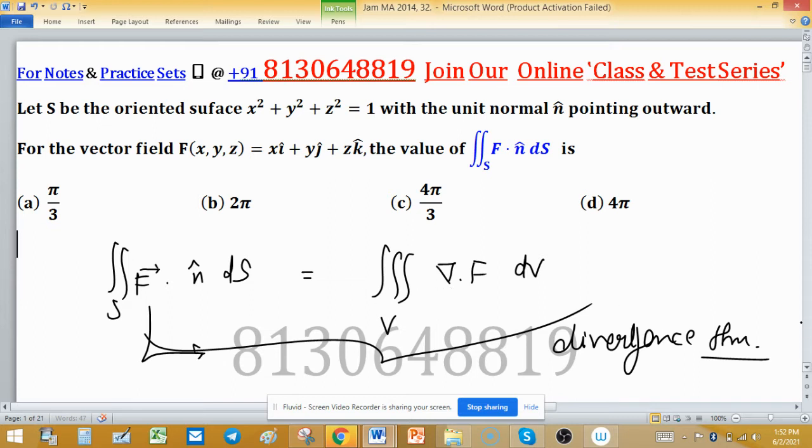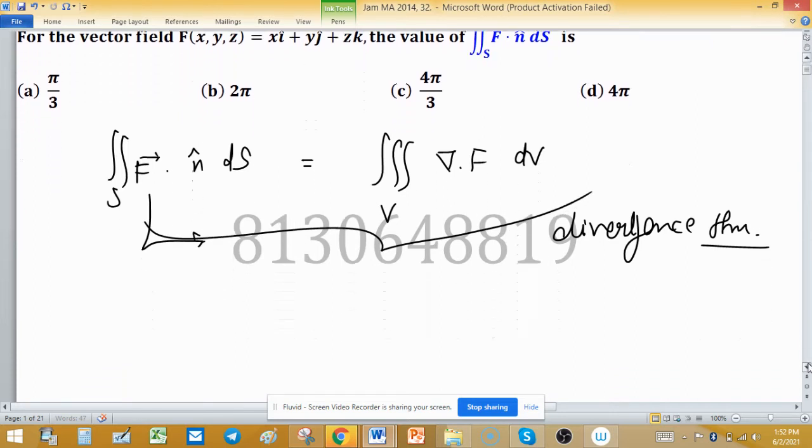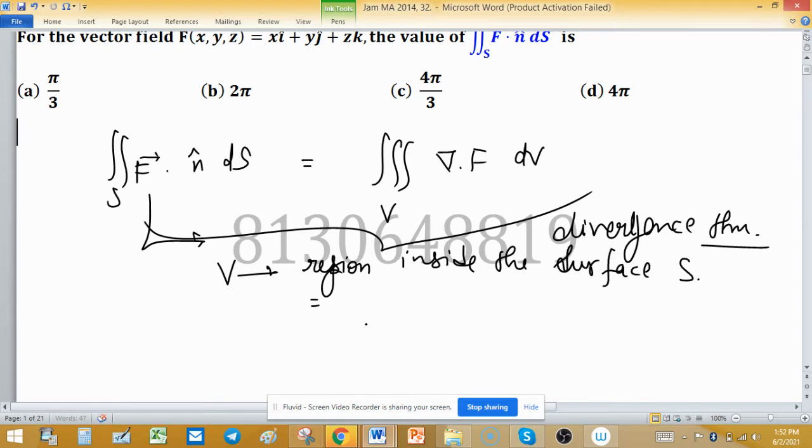So this is the formula we normally use to find surface flux or surface integral using a volume integral, where R is the region inside of S, or here V is used. So this is the region inside the surface S. So we find the divergence of F,